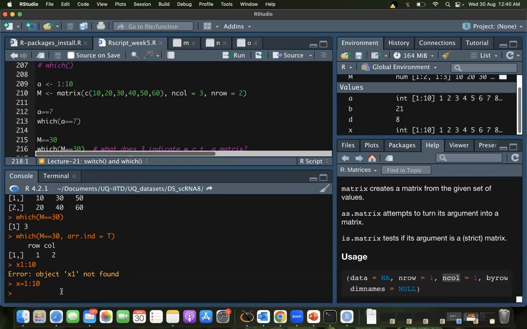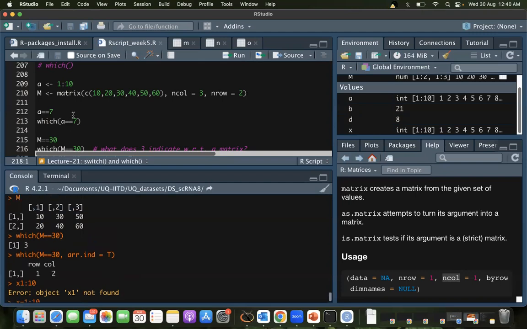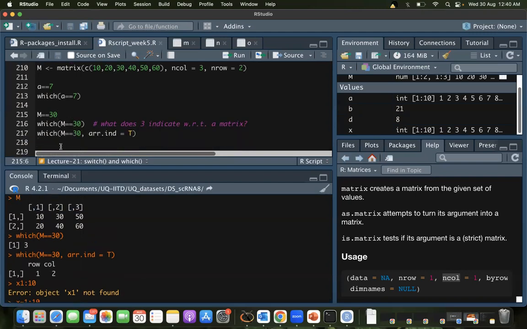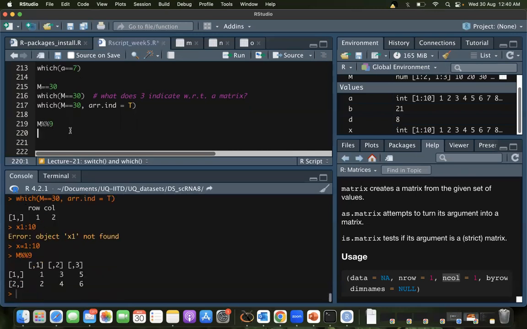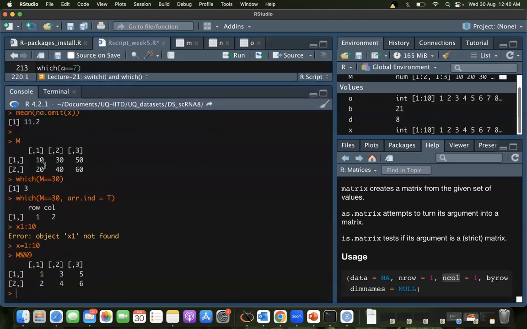So let me give you an example with this one. Let's say this is our matrix, and we are doing m percent, let's say 9.